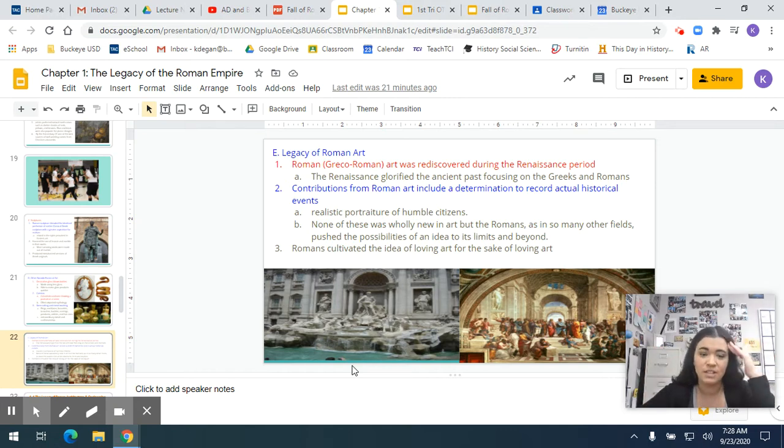And then Romans cultivated the idea of loving art for the sake of loving art. And people throughout the world today love art. Art is really important. It's something that is part of history and, I don't know, I have a much deeper appreciation for art as I've gotten older. So yeah,